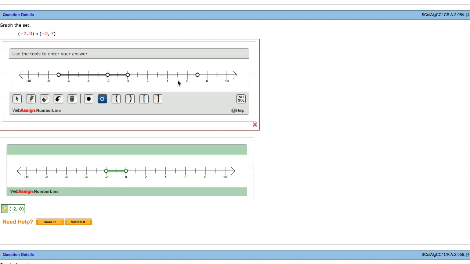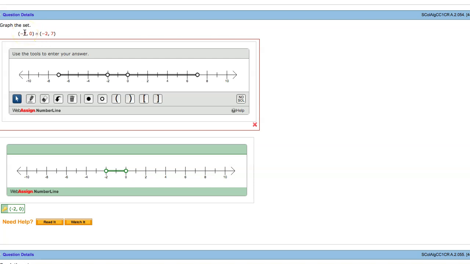Now neg 7, 0. Neg 2 is where we started. So neg 7, 0 is this guy. And then neg 2 to positive 7. Oh, there it is. It's already over here. Okay. Well, I need to shade it. Oh boy. Okay. Now, guys, what I've got to do is I've got to pick